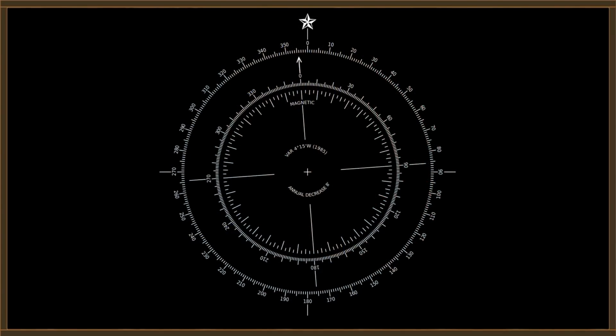Here's a graphic that may help visualize this a little better. The outer ring is showing true headings. The inner ring is showing magnetic headings. Now this example is set up for a magnetic declination of 4 degrees 15 minutes west. That means that the magnetic pole is west of the true north pole by about 4 degrees, as you see up here at the top.